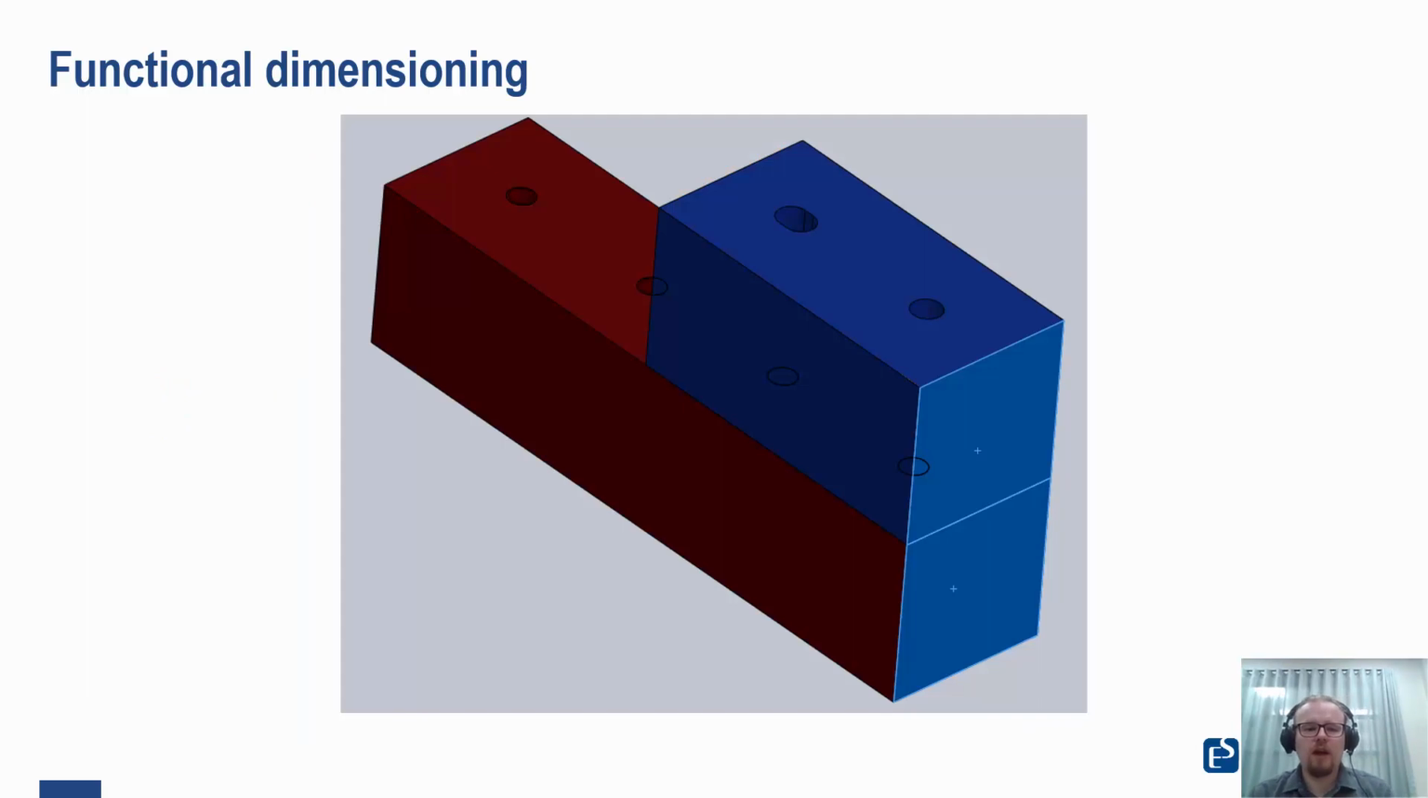Here we have a red and a blue block. We have a slot and a hole in the blue block on its top surface. The first hole will be used to locate the blue part along its length. Our functional dimension, the thing we're interested in, is the flushness between the highlighted surfaces, the two on the right